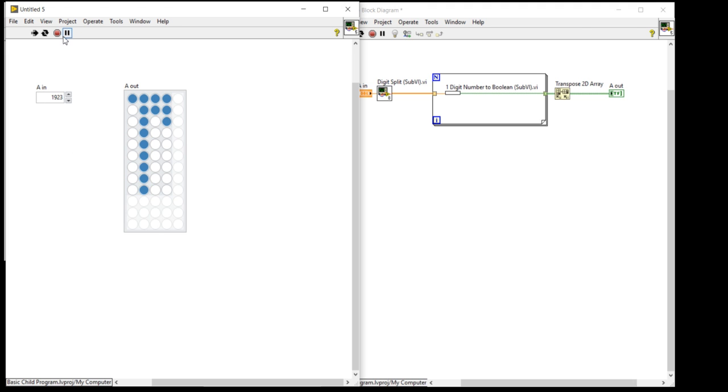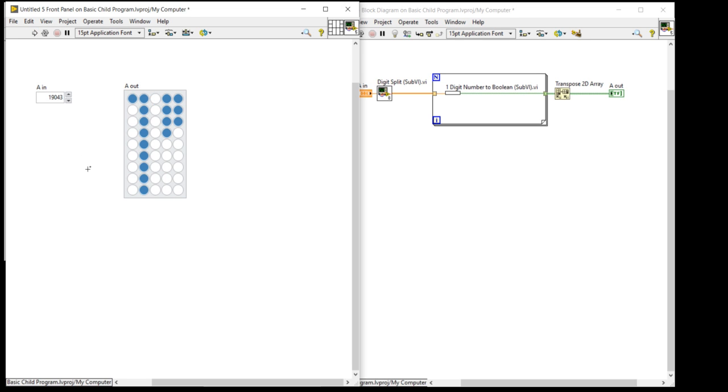So now, whatever number you want to display, you can display here. You want to display the same number here. Any problem to anybody?